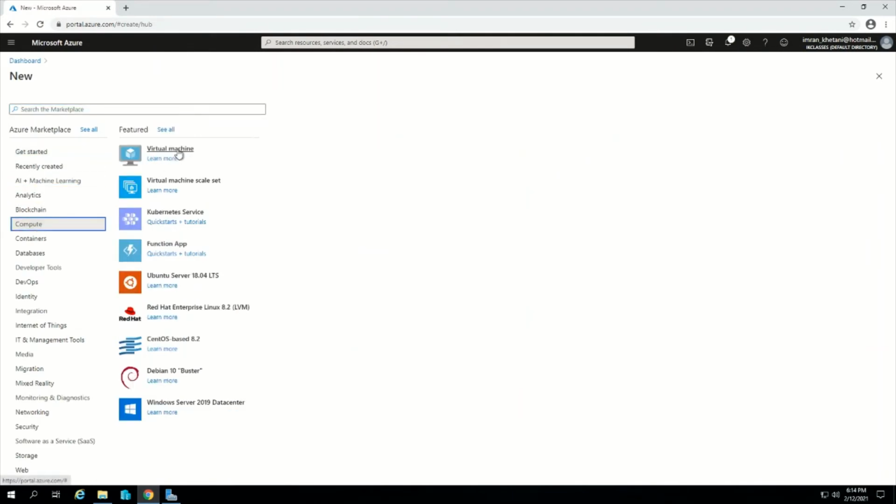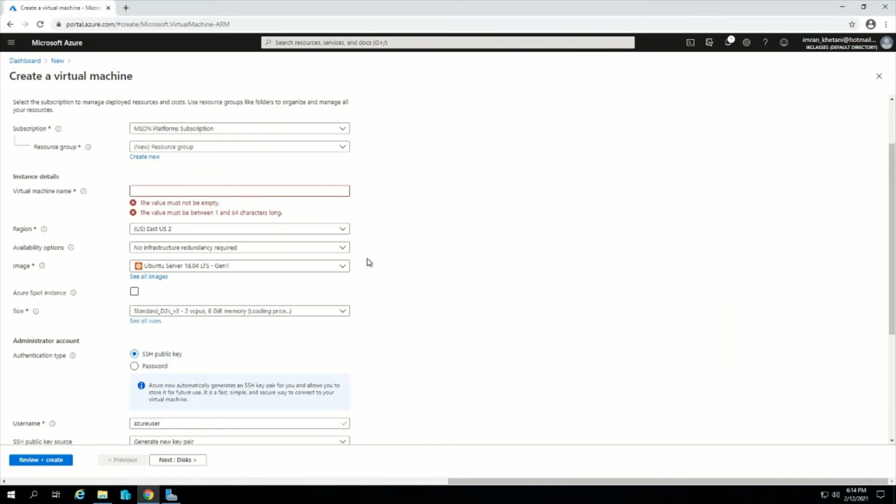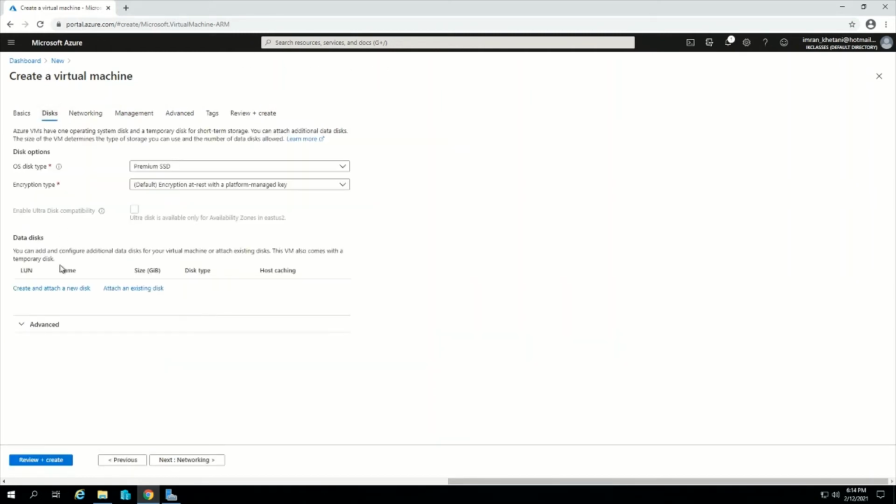From compute, you can select virtual machine, and in the create a virtual machine page, after providing all this information, in the second tab that says disks, you can create and attach a new disk while creating a virtual machine. But we haven't attached any disks to this virtual machine while I created it.